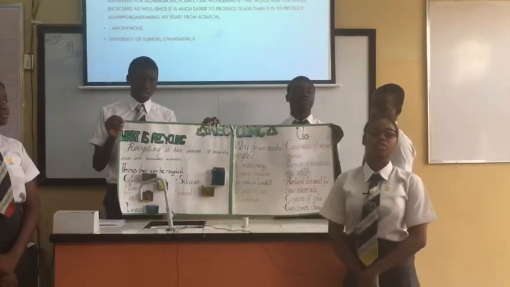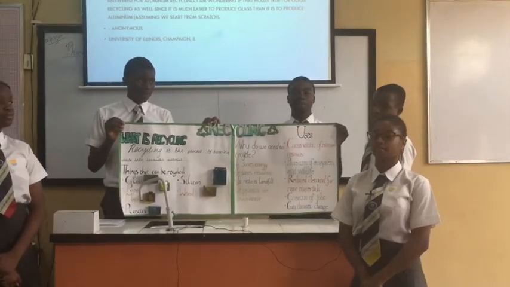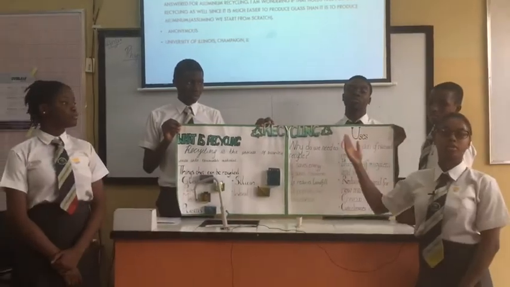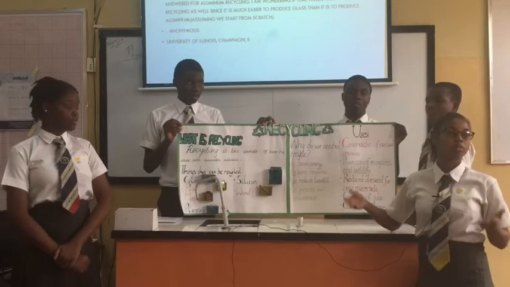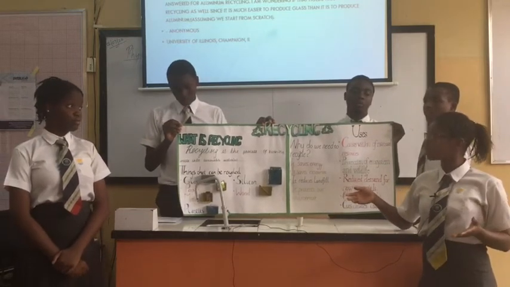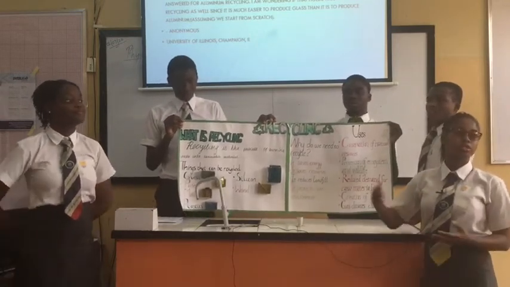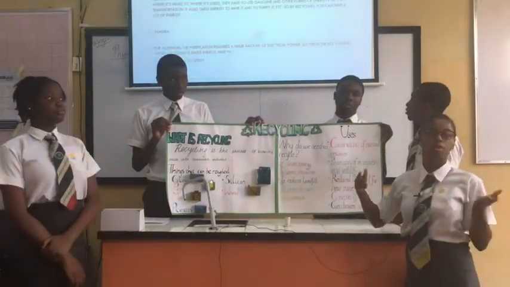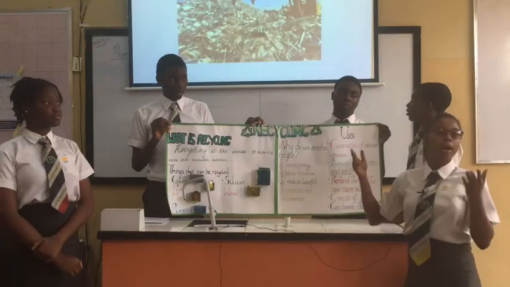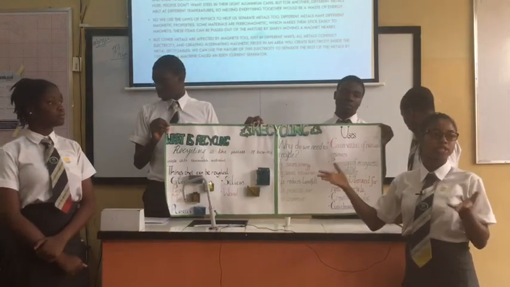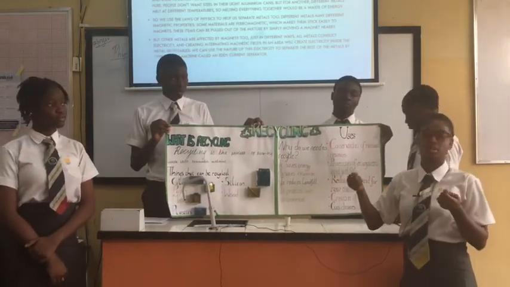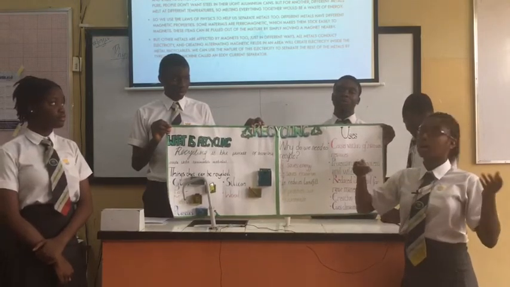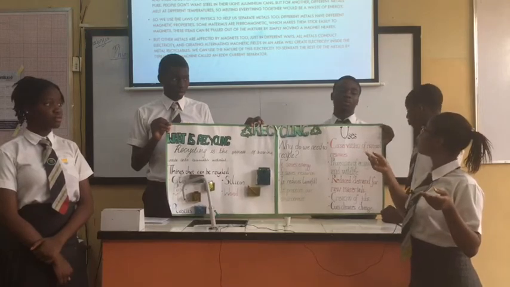So the slide was to show how physics is related to recycling. From the past ones, you saw gravity, you saw electromagnetic waves, you saw conduction, you saw magnetism. Basically, gravity is used to separate materials, glass, paper, silicon, and so on, through larger holes and smaller holes. Magnetism and conduction: since they are metals, magnets attract metals, so it can easily be used to carry them up and put them where they're meant to be. And electromagnetic waves,